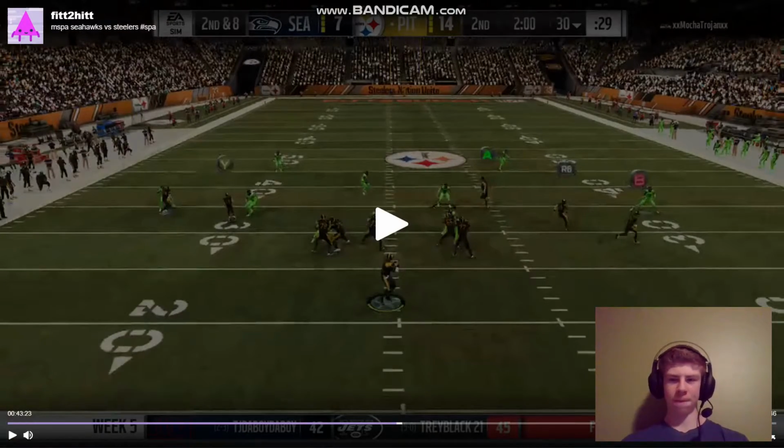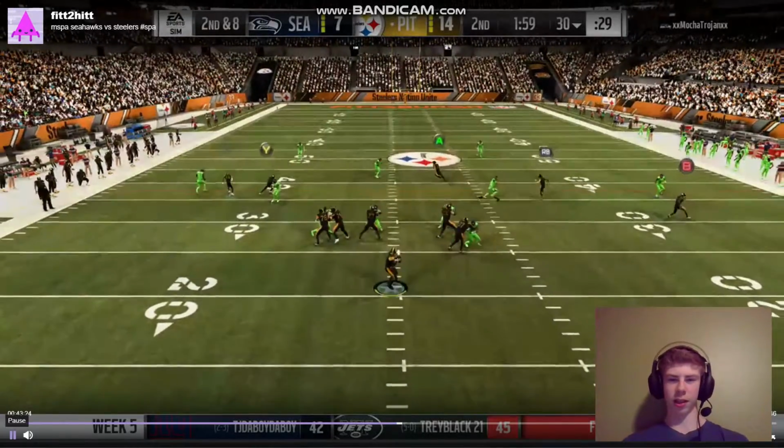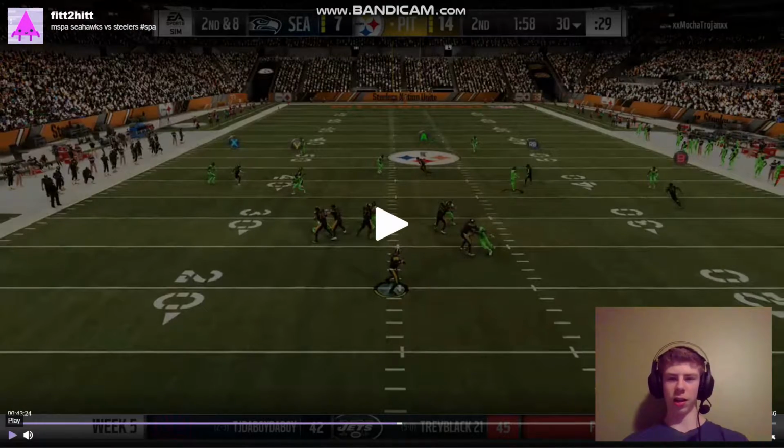So right here, I immediately see that the linebacker's running past me, but I know that Bobby's getting depth, and he's going to cover him. So I turn my focus to the guy who's about to run up the seam free, Eckler, his running back. So I immediately go to cover him really fast, and then once I cover him,